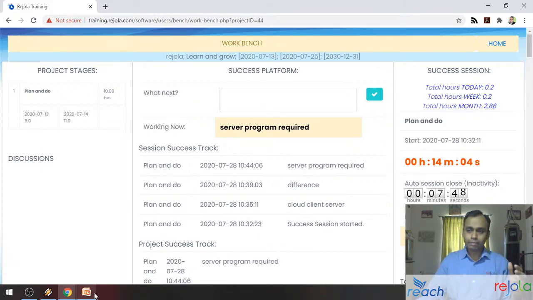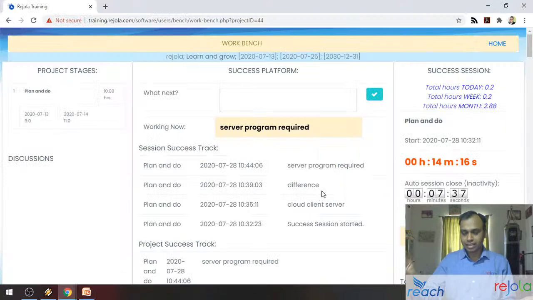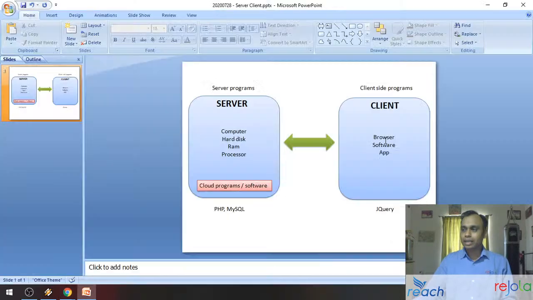What happens is, whatever storage is happening when you're accessing this software on the client side, every single piece of information is being stored on the server through the internet. So when I am saving my time here, or what I'm going to do next, or my session timing, starting information and all that,